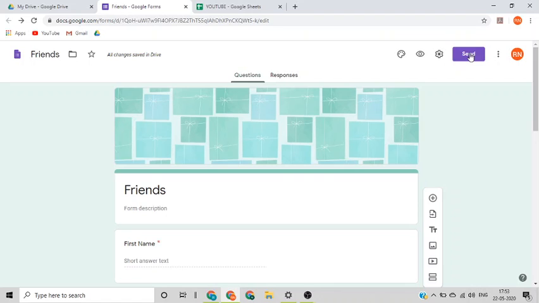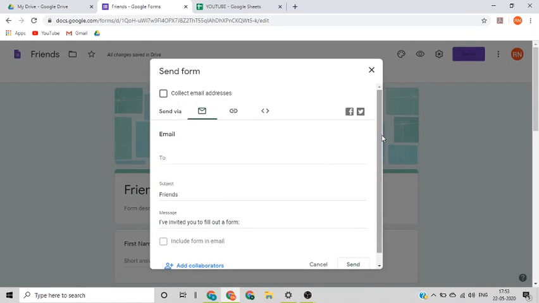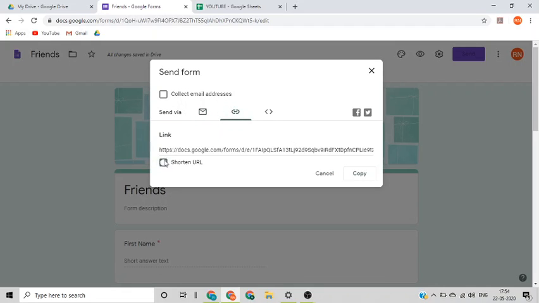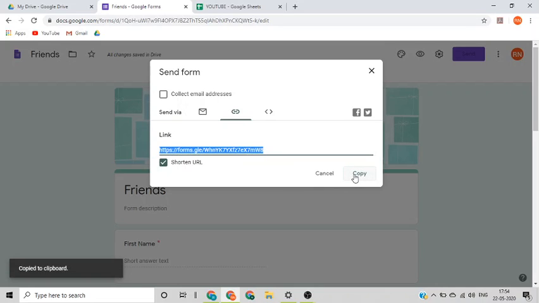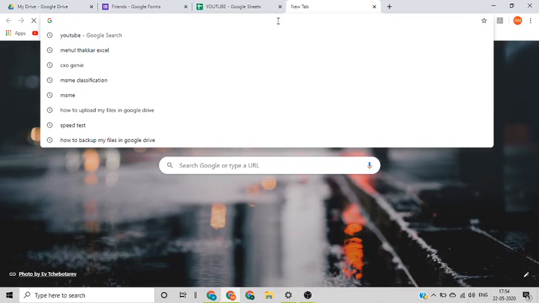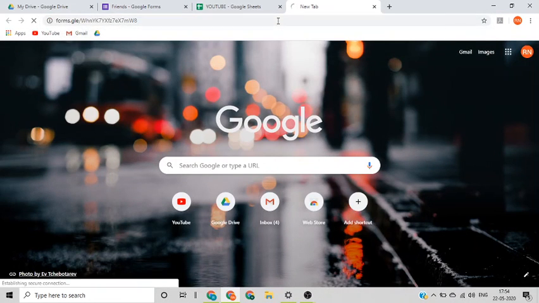Now if you want to share the link of this form, you need to go to send. Now you can directly email them this Google form link where they'll get the link for this form, or else you can go to this URL and copy this URL, and you can just share this URL to your friends from whom you want to collect the data. Now we already copied this URL. Now we'll just go and fill this form, and we'll see how the data gets saved in Google Sheet.